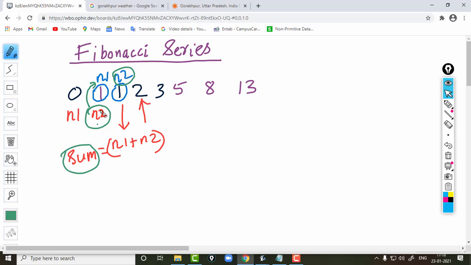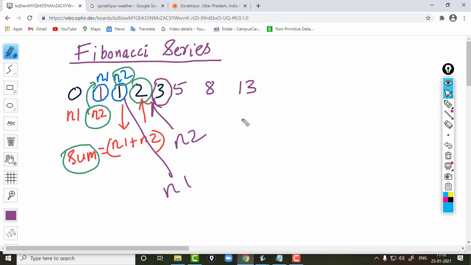So when we add N1 and N2 this time, that is 1 and 1, the answer will be 2. Similarly, next time we need to make this 2 as N2 and this 1 as N1, so that when we add N1 and N2, we get the next number, that is 3.